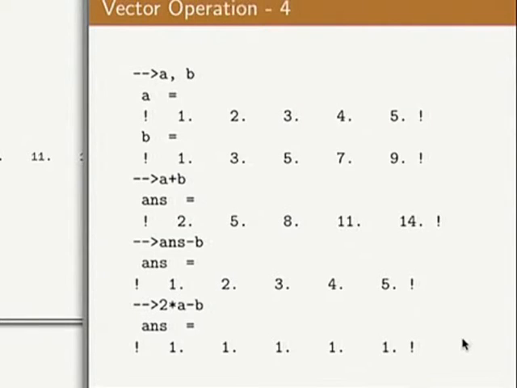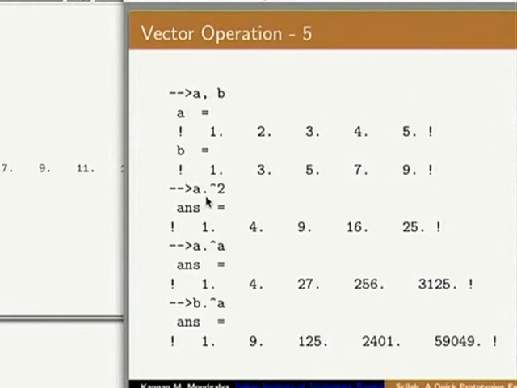Okay? Then similarly, I have done A plus B. When I don't say where the answer has to be put, it creates a variable called ANS, a short form for answer, and puts the result there. And of course, this ANS is overwritten. Every time I use another operation without a result, that result goes back to ANS. It overwrites. So here I have done some calculations.